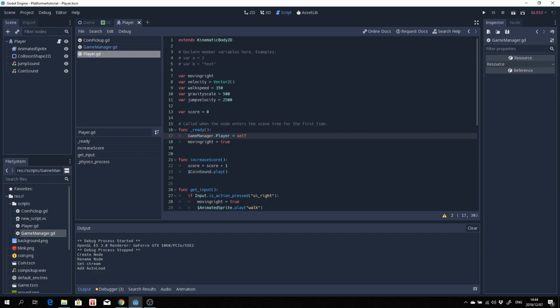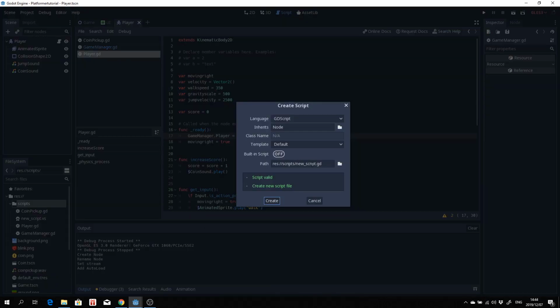So the next thing we need to do is we want to look at setting up some type of coin UI script, which is going to be able to handle any coin functions or whatever we need to do, but it's going to be very basic to make this tutorial series work. It can get a lot more complicated if you carry on with it, but to start off, in scripts, I'm just going to create a new script called coin UI. So again, another GD script,